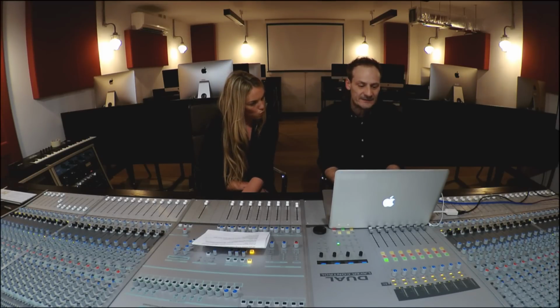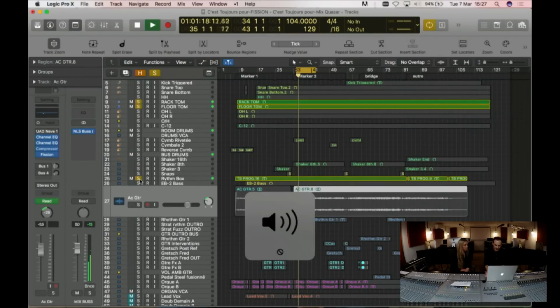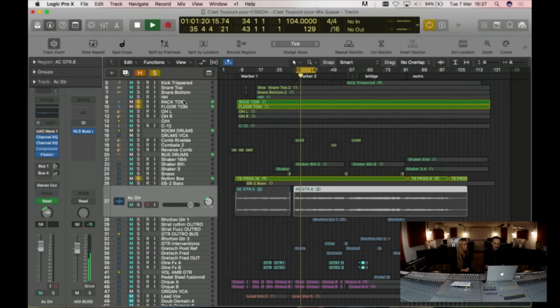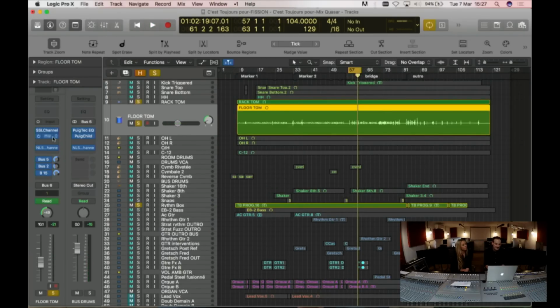Now, there's other things that you can do. So I've done that on the guitar. Now, let's start listening to the tom. Because I had a couple of toms, and there's a drum loop somewhere. Okay, so I'm going to switch Fission out for now, just to show you what I've done. So I had those two toms,